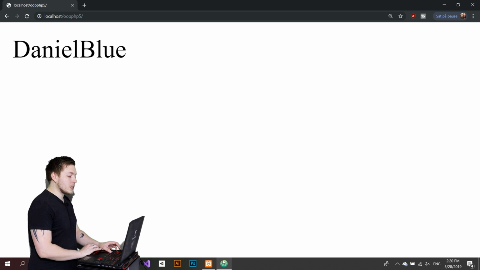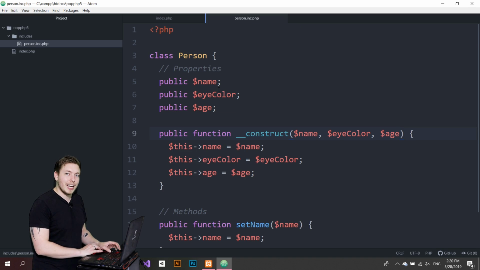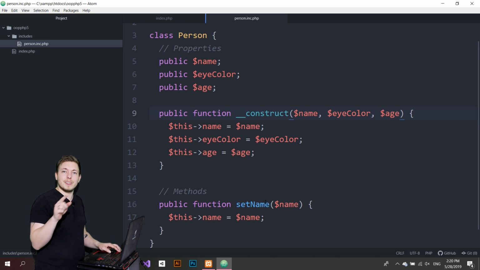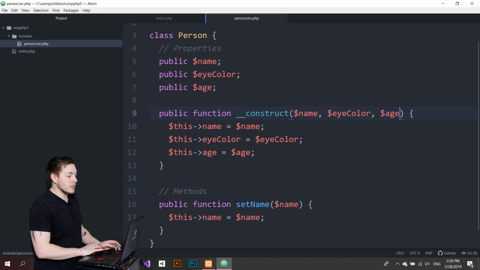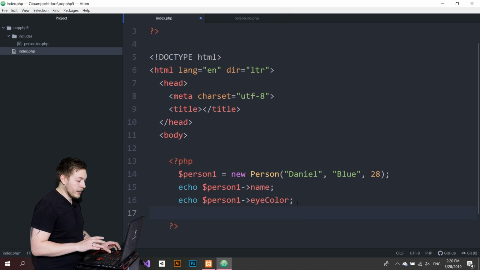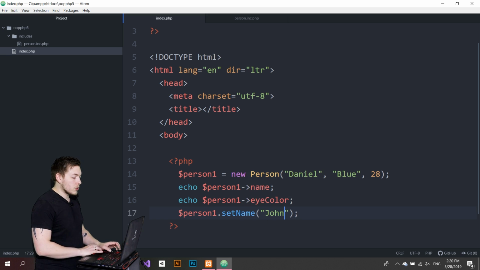Now, if I were to call on this method that I do have in here from the last episode called setName, we can still change the name that we have inside here. So what I can do is I can go ahead and say, well, we want to run a person1, which is over here. And I want to run a method called setName, parentheses, and set a new name. So I can call this one John. So now if we were to spit out this exact same thing here again, which I have up here called